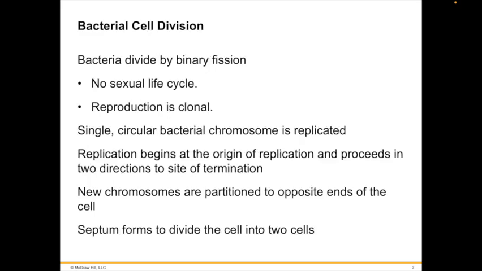Bacteria divide as a way of reproducing themselves. Although bacteria exchange DNA, they do not have a sexual cycle like eukaryotes. Thus, all growth in bacterial population is due to division to produce new cells. The reproduction of bacteria is clonal. That is, each cell produced by cell division is an identical copy of the original cell. They're clones. Cell division in both bacteria and eukaryotes produces 2 new cells with the same genetic information as the